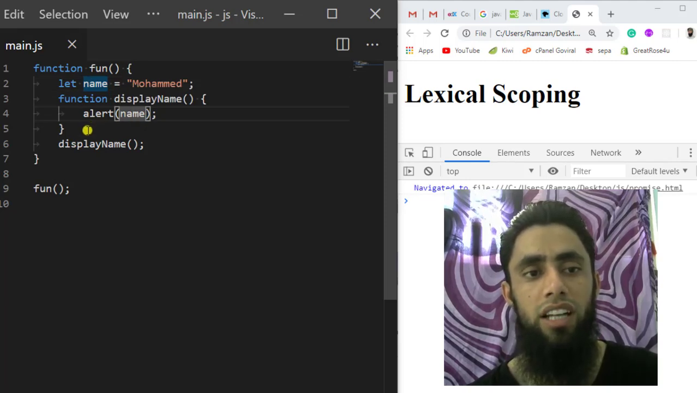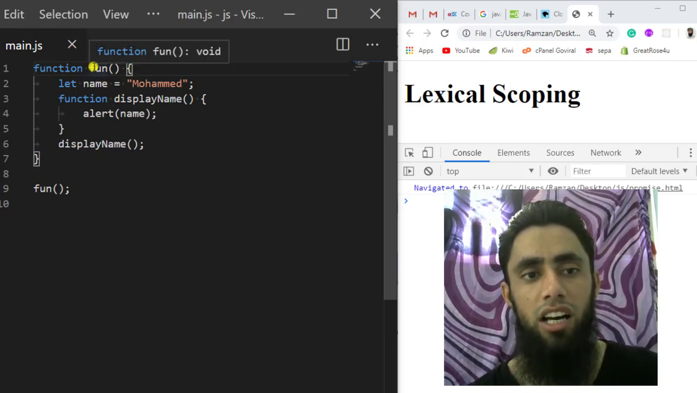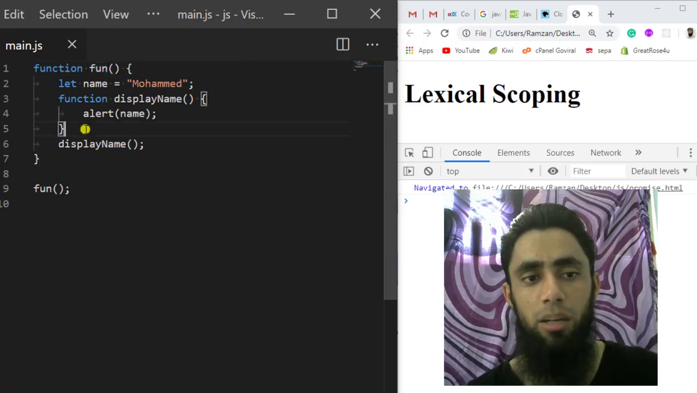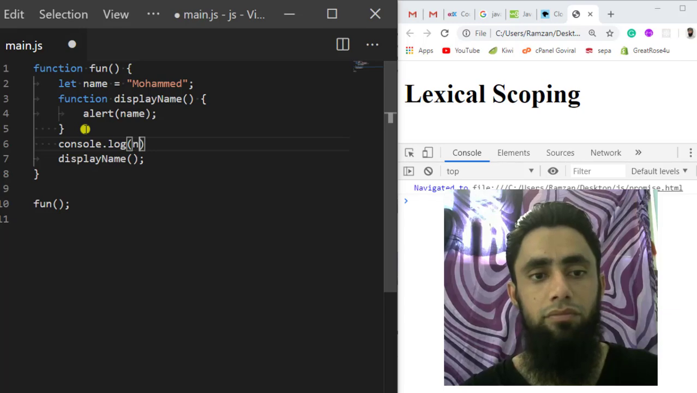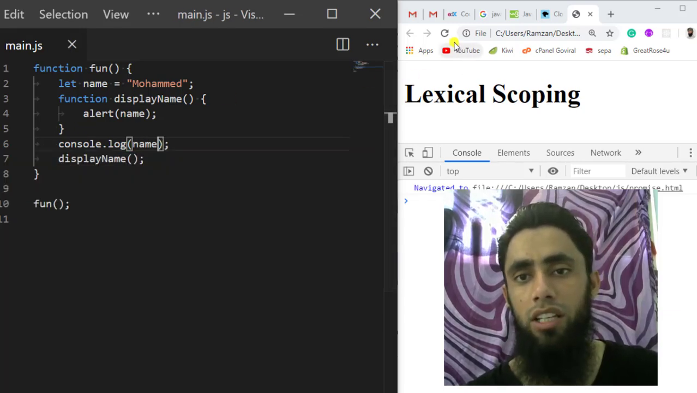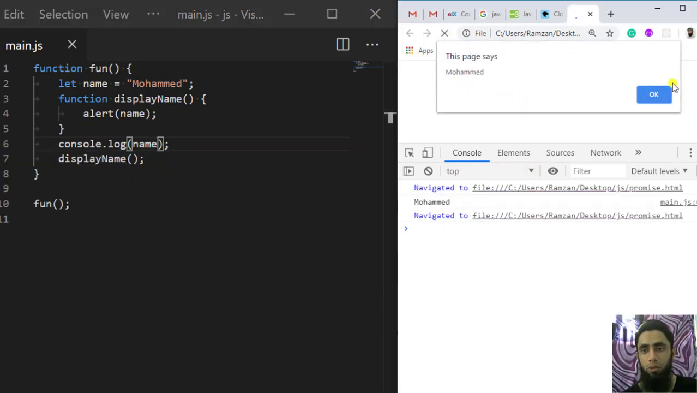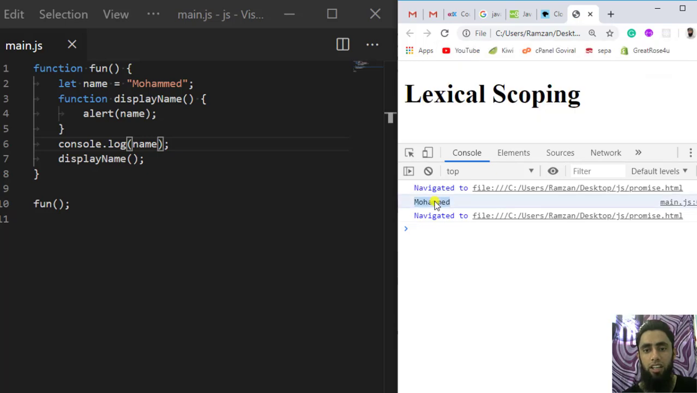So you already know that this name variable is available everywhere inside of this curly brace, because it is declared in this function here. For example, if you console it over here, then of course that would be available here as well. Let me refresh this and you can see Muhammad here, and here you also get the value inside the console. Alright, now let me show you